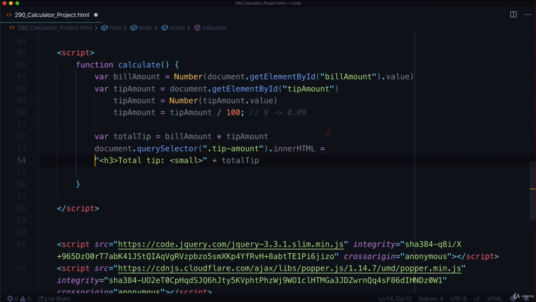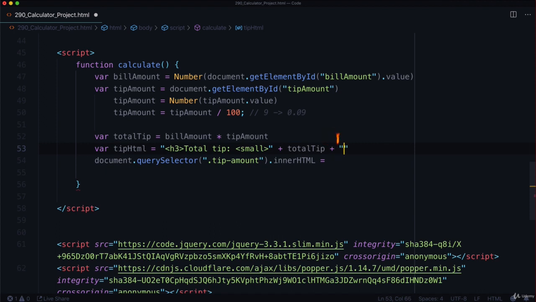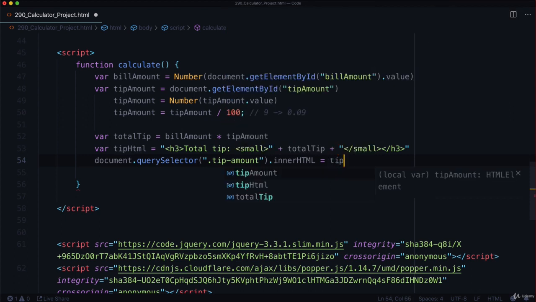And in fact, what I want to do is actually split this onto new lines. So let's do var tipHTML. And this just keeps it nice and clean by putting it on 2 lines. And so I close the small tag and the h3 tag, and then I put tipHTML in here, and